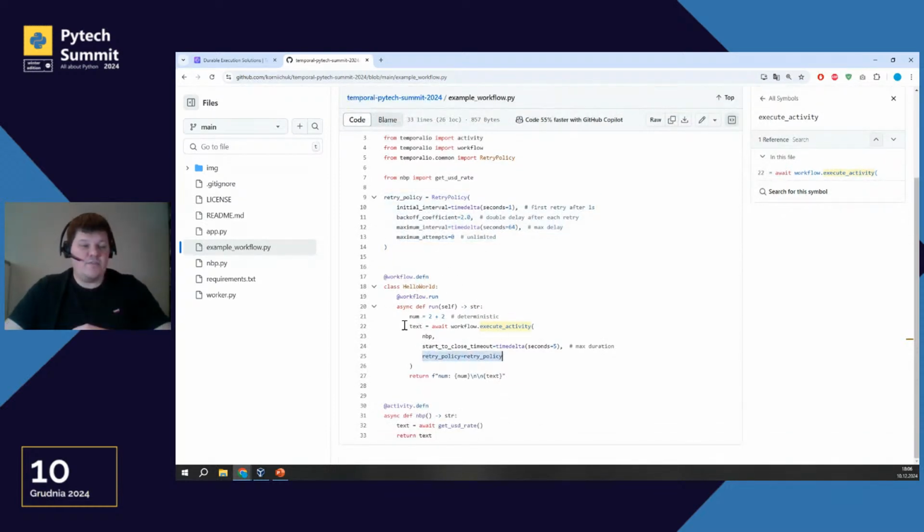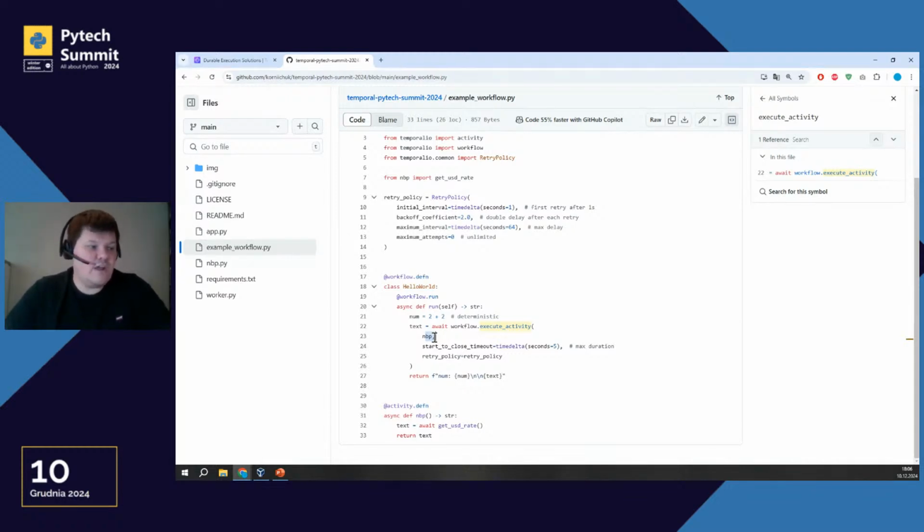We can just put everything into a retry policy and use this retry policy in our workflow. In our workflow we have something deterministic, like 2 plus 2 is all the time equal to 4, and we don't need to wrap this code into an activity because it's deterministic. However, when we talk to NBP, because it's a government API, I cannot rely on this one, and I believe you too.